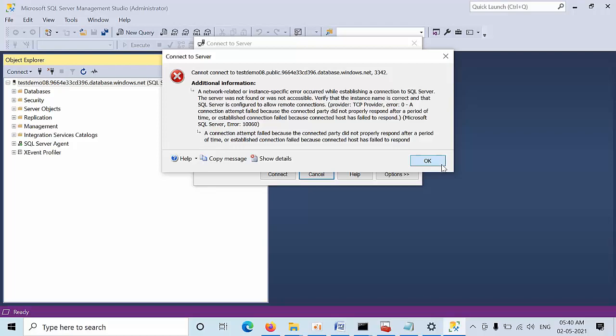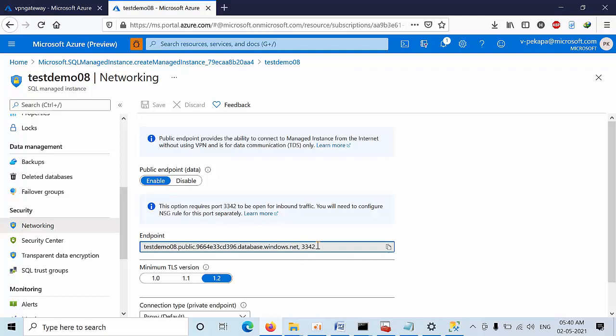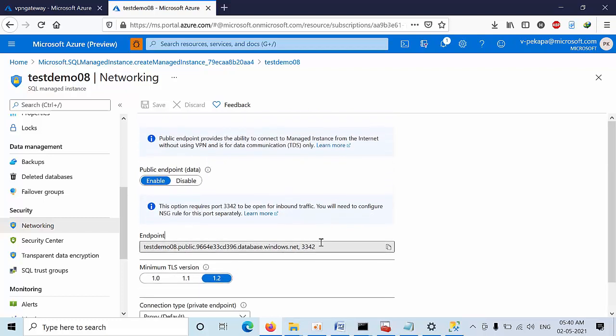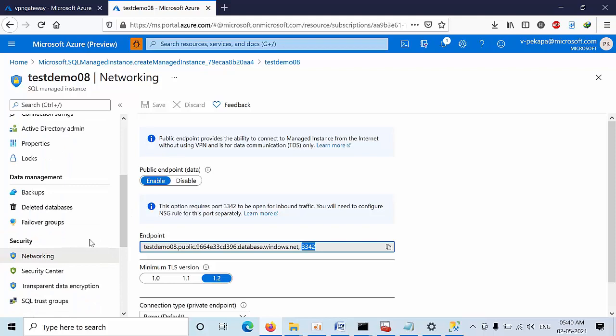So now what do I need to do? Port 3342 should be enabled, right? So there is no communication established. Now what do I need to do? Copy that 3342